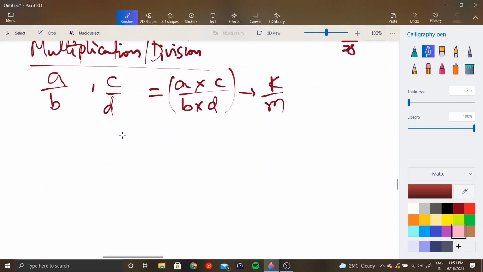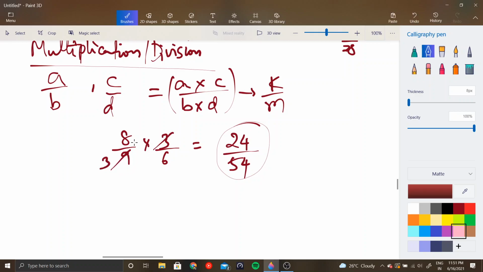Let me show you an example. Suppose you have 8 by 9 into 3 by 6, right? So what you do is just multiply them straight off. You have this. Now this is one form, but this is not the lowest form. In order to convert it into the lowest form, before multiplying, cancel off the equal terms, right? So 3 and 3 go. You also have 4 and 3. So this is basically 4 by 9. This form is the same thing, 6 into 4 and 6 into 9, right? 4 by 9. Correct.